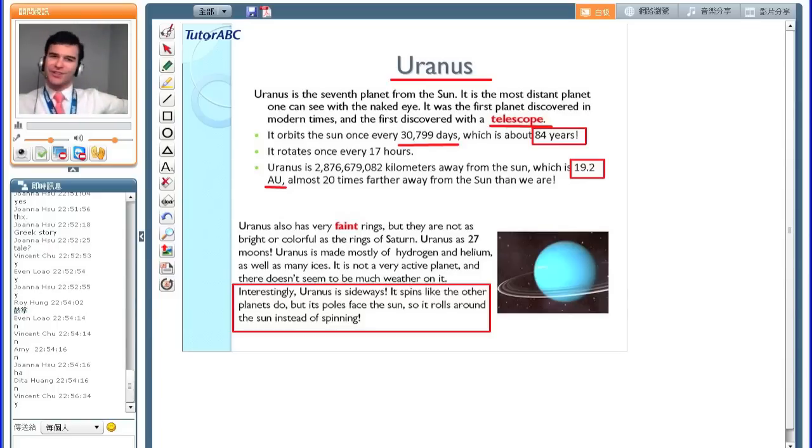So it's very odd. And scientists don't know why, but they think that it's because Uranus had been hit by another planet and it knocked it over. And so it is stuck on its side. Very strange. Does everyone understand this about Uranus? Different rotation. It's at a 90-degree angle. Earth on its axis